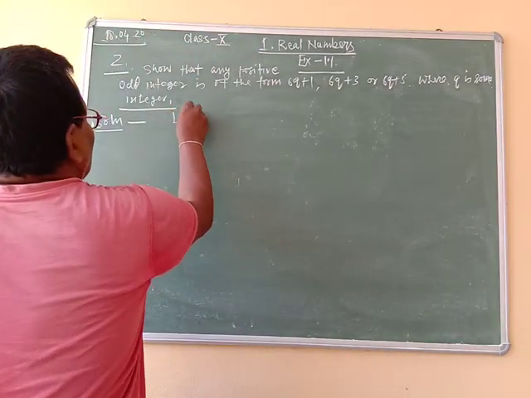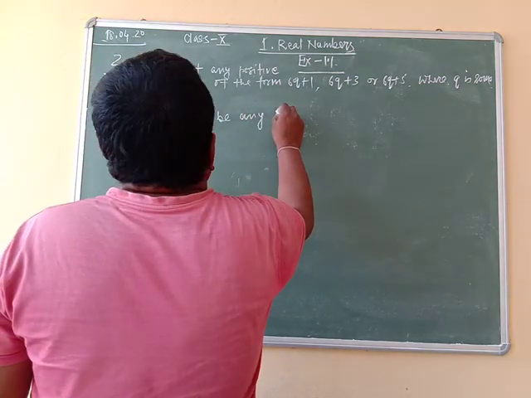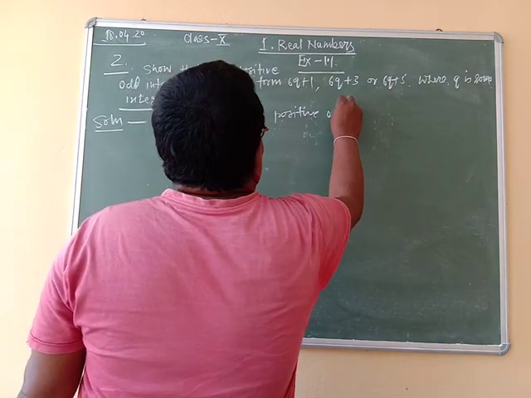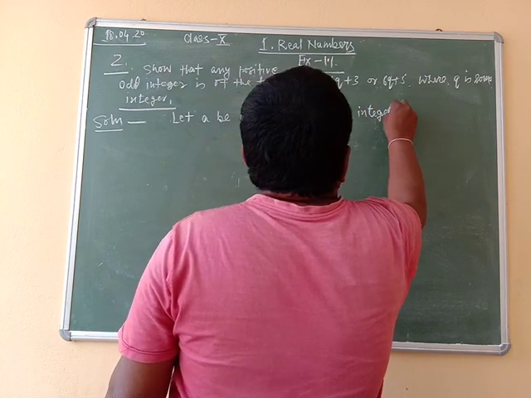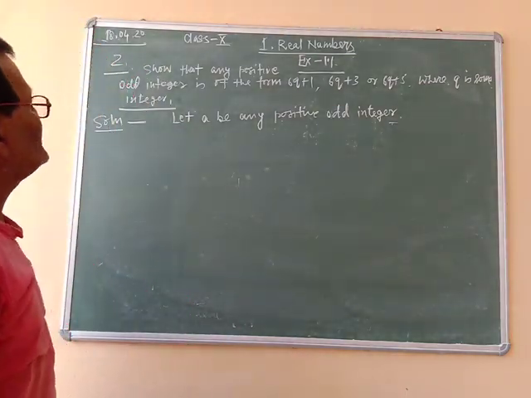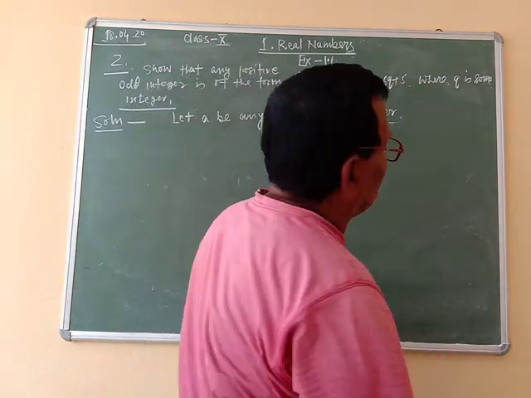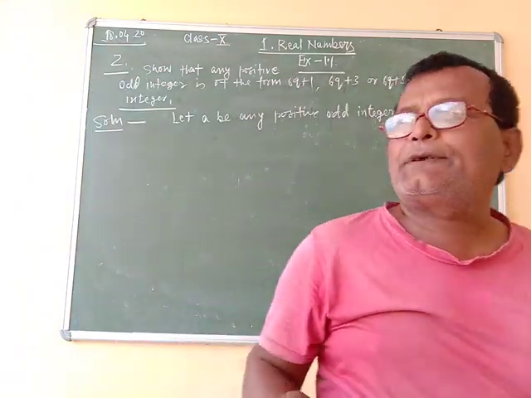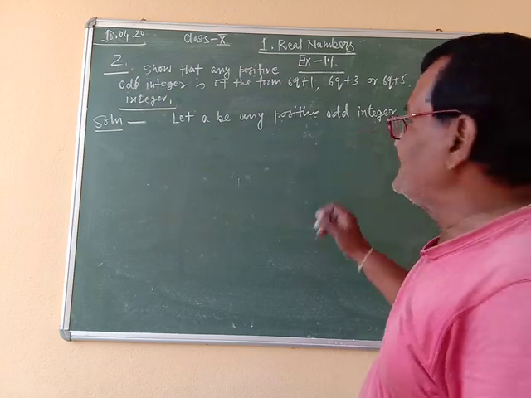Let a be any positive odd integer. We have to show that any positive odd integer is of the form 6q plus 1, 6q plus 3 or 6q plus 5, where q is some integer. To solve this problem, at first we suppose that a is any positive odd integer and